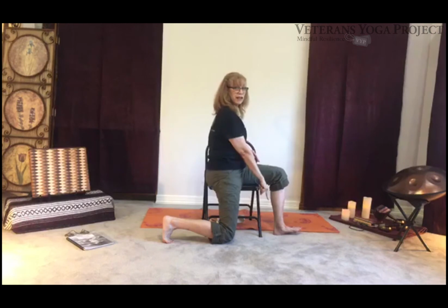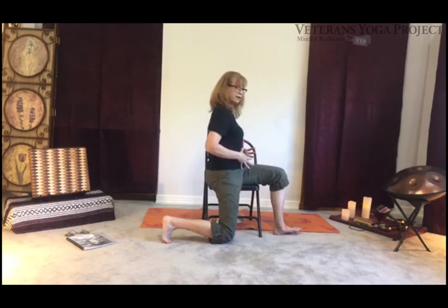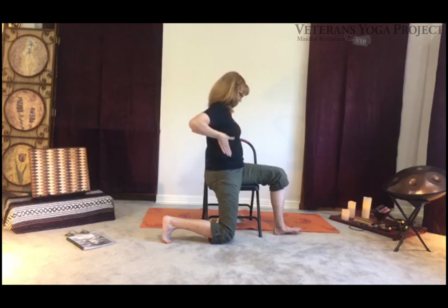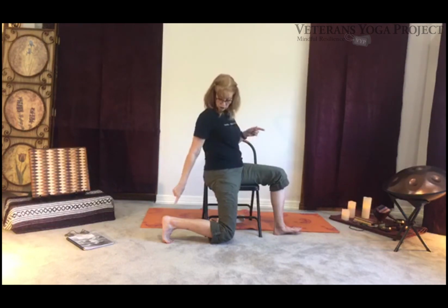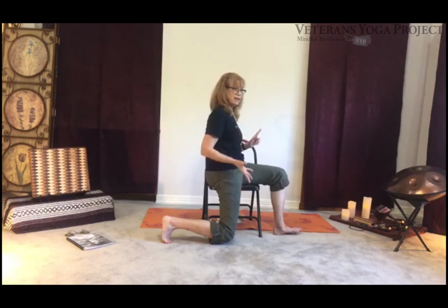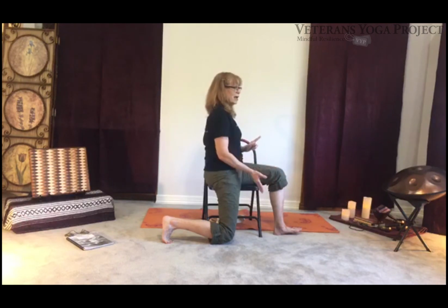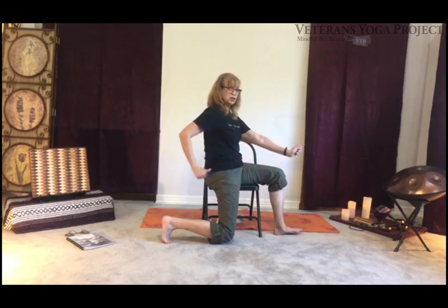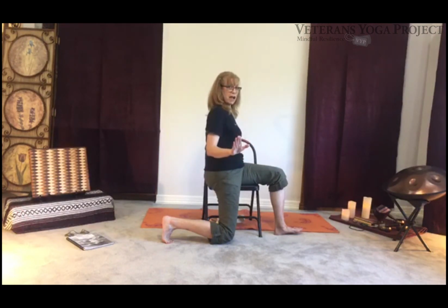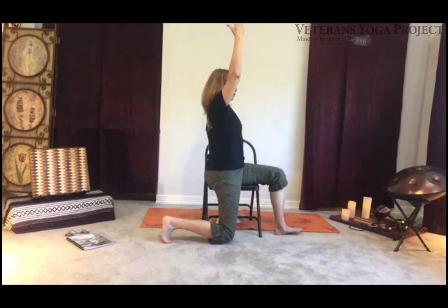Vigorously pushing into that heel, so you're activating that lower body, yes? And sometimes we kind of lean forward, but what we're going to do is have shoulders over the hips as best we can, pushing into those back toes. And if you want a little bit more, you're going to squeeze behind, woo, towards the front leg. Now imagine that you've got a wrinkle here on your ground and you're pulling opposite directions with the forward heel and the back toe. To add a little bit of back bend, you would bring an arm up, woo,